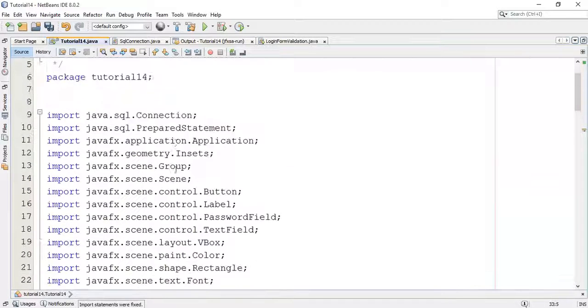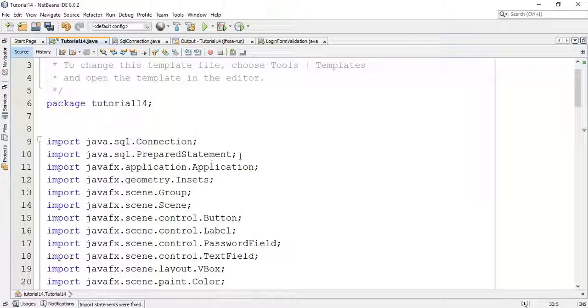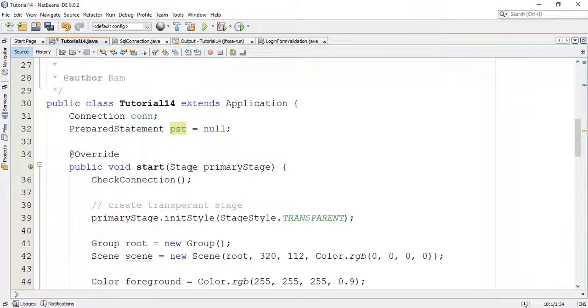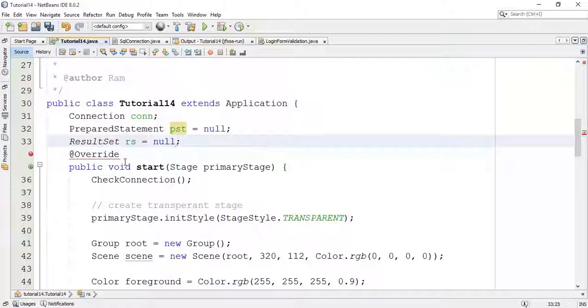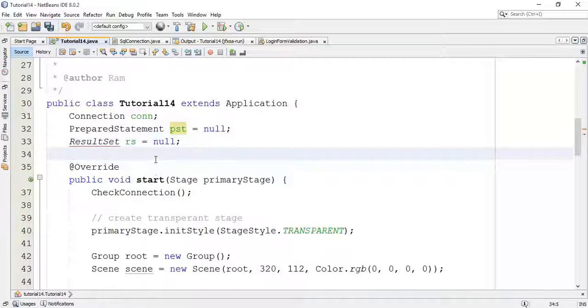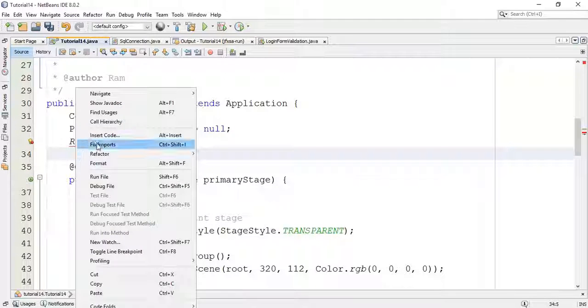So it will add an import of java.sql.PreparedStatement. Next I'm going to add a result set. So ResultSet rs equals null, and once again fix the import for the result set.